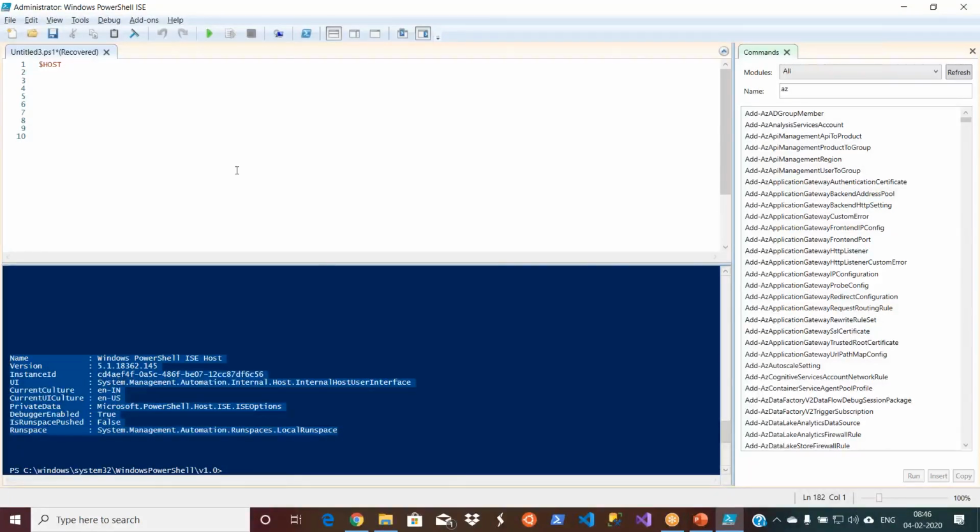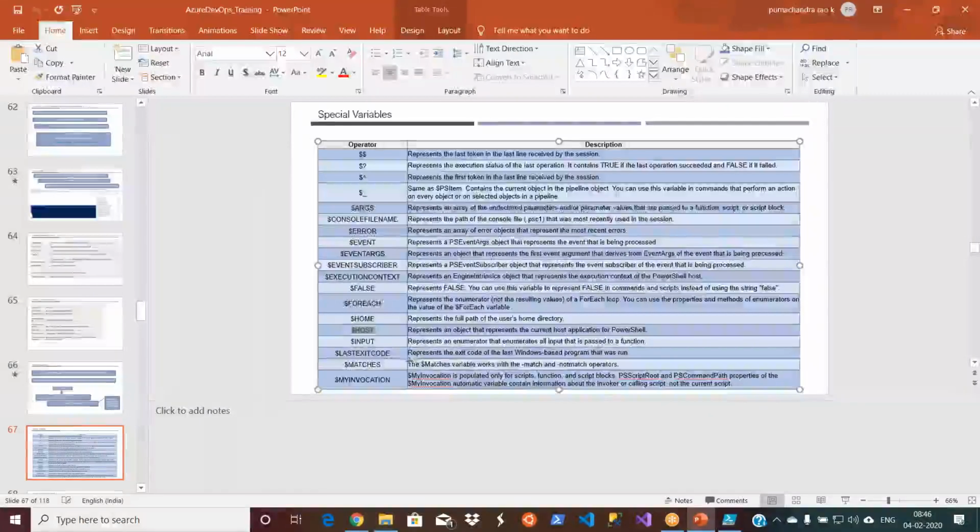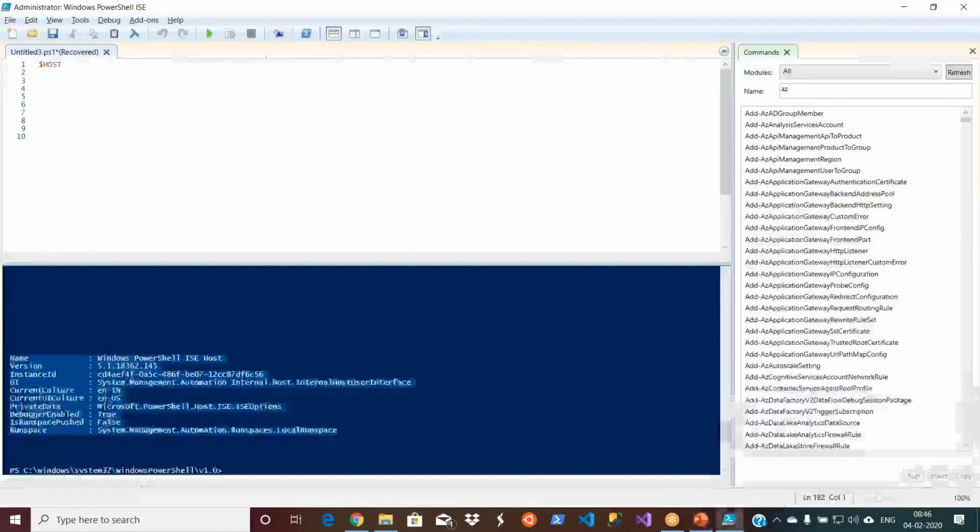In the same way, there are many, many things. Let us say you take the error. This is something you will mostly be using, because many people use it. Let us say $error.